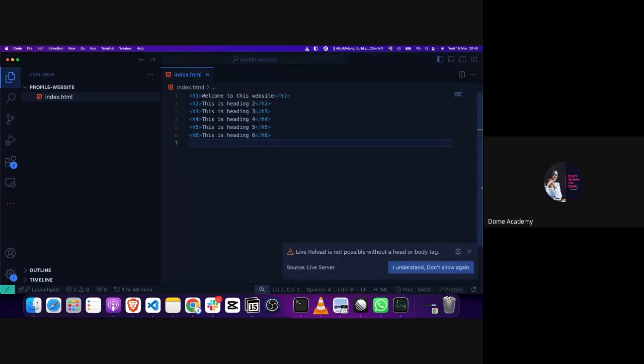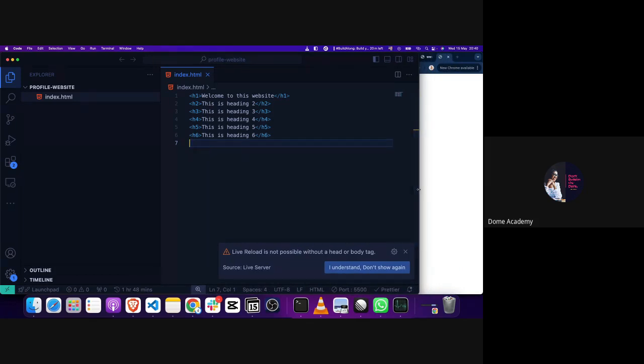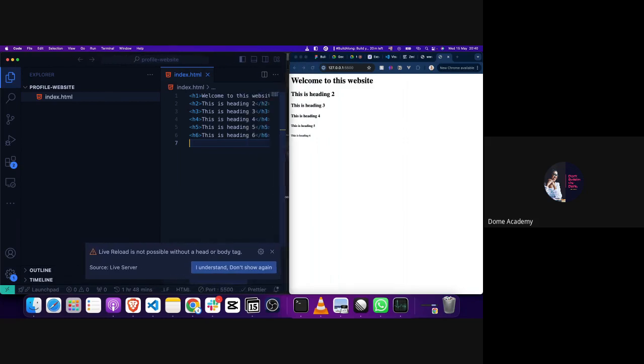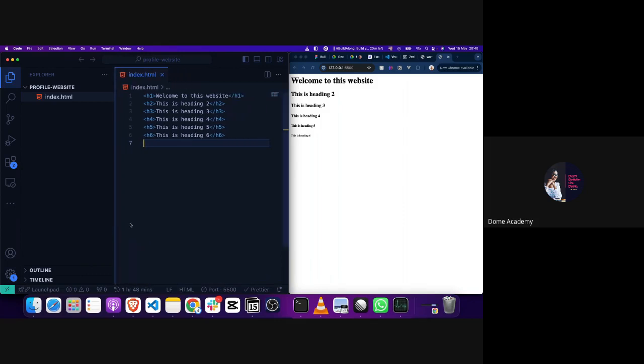What I'm going to do is try to divide this site into 2 parts. Oh, live reload will not work without a head and a body tag, obviously. Don't worry, we're going to get into that. It's complaining about something, and if I save this, it's going to show that error again. Live reload will not work without the head and the body part. So I understand why it's not live reloading, and we're still going to get into that. But you can see now that we have different levels of content. You have an H1 content which says "welcome to the website." It's the biggest heading text. When you come to a website, you see the biggest heading text there. There's normally an H1